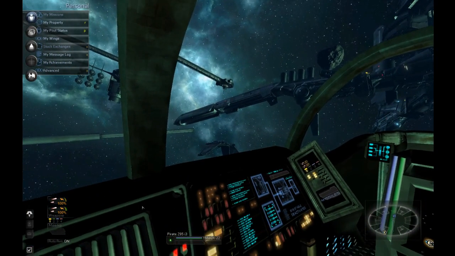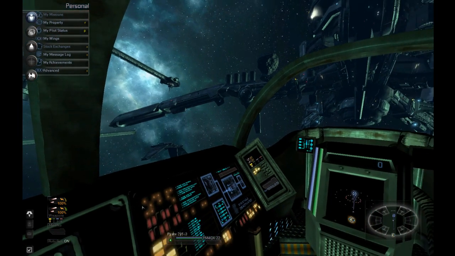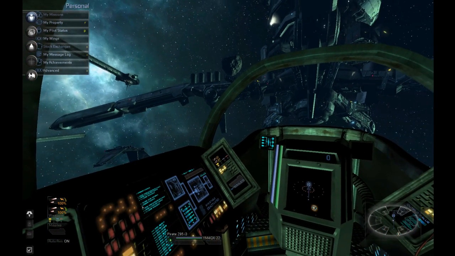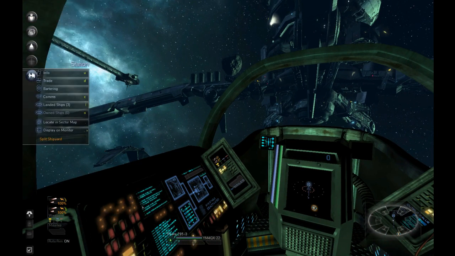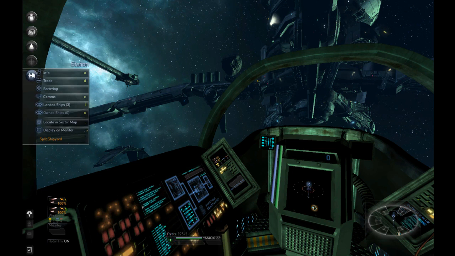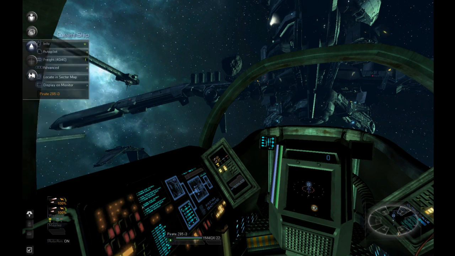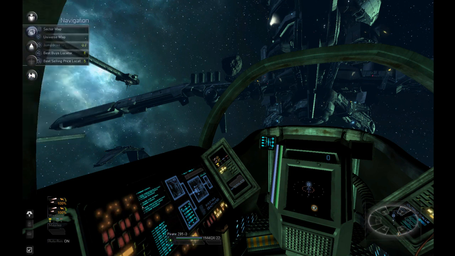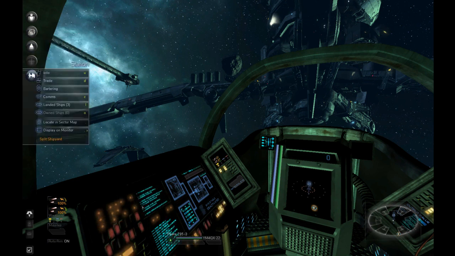So there's the F19, or the V19, and I'm going to strip that sucker down and sell it. What I did was dock my lat also at this station. If I go under the station, you see it's personal navigation, my ship that I'm in, and then the station. But if I check landed ships...